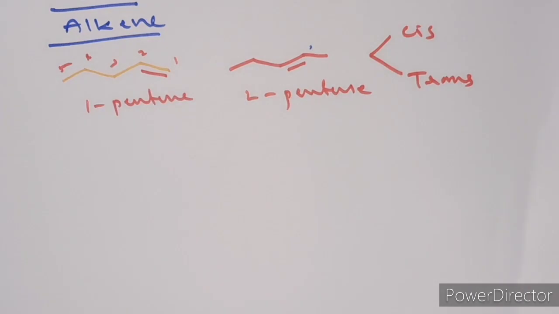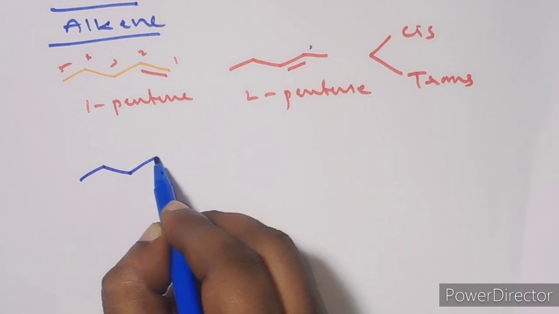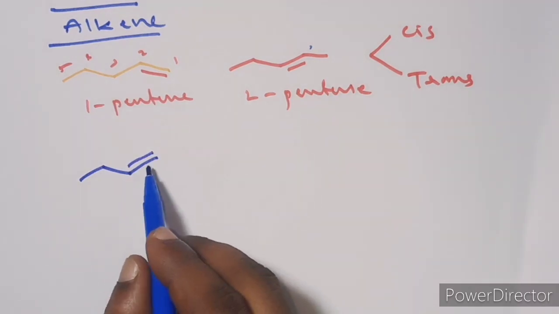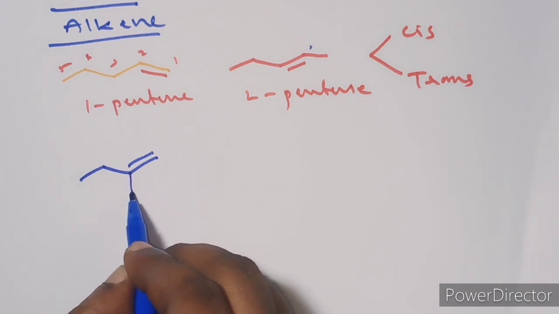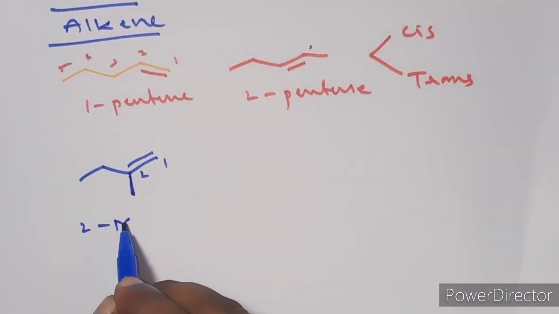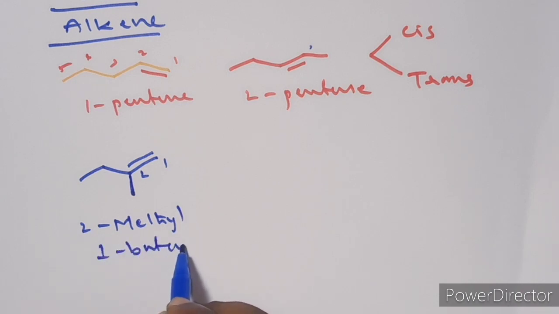Next, break one carbon from the 5 and write an alkene with the 4 carbon chain. Here write the double bond at the terminal first. Next, the fifth carbon is here; write it on a non-terminal carbon, any one of the non-terminal carbons. So you are getting this compound. What is the name of this molecule? This is 2-methyl-1-butene.